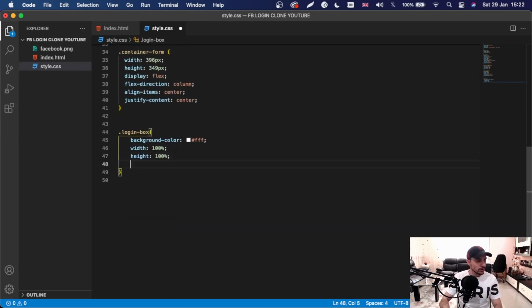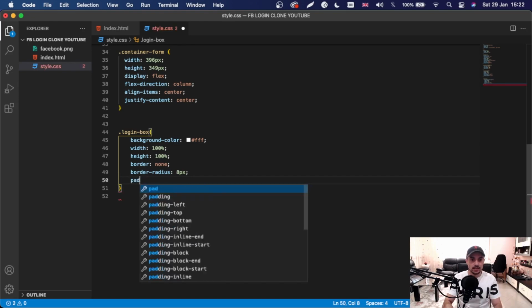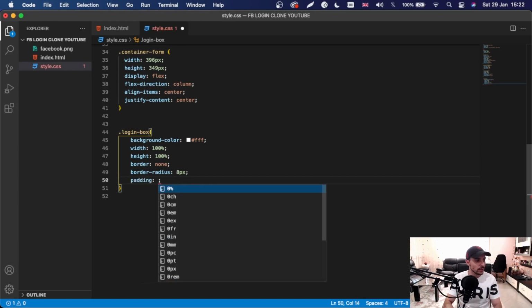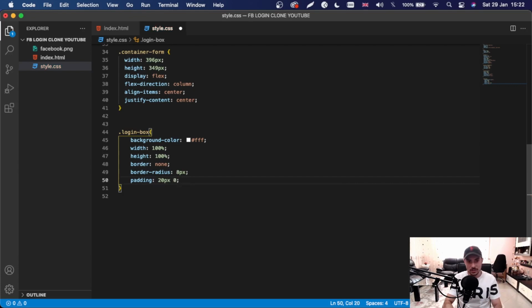And if we also say border none, border radius, I'm going to say border radius 8 pixels. So 8 pixels for border radius. And padding, we'll have padding inside it. Padding will be 20 top and bottom, 0 left, and 20 for the rest. And then below this we'll have a box